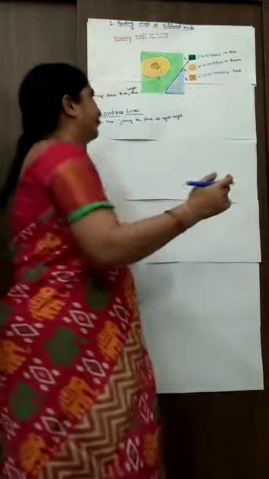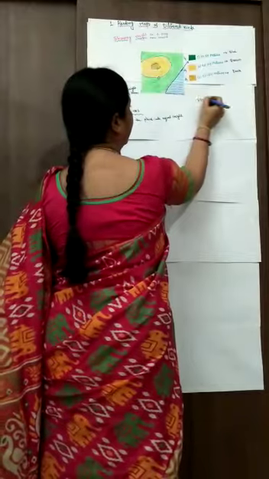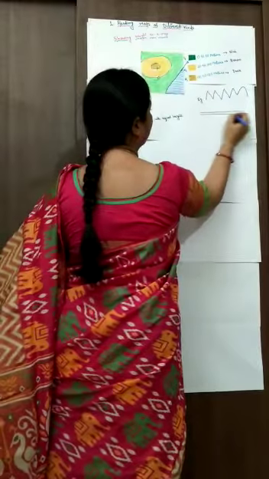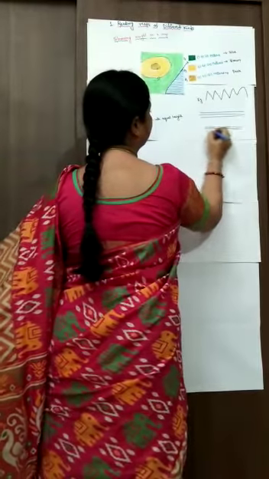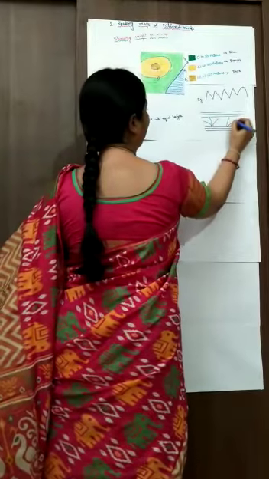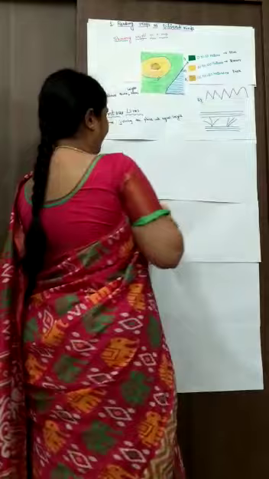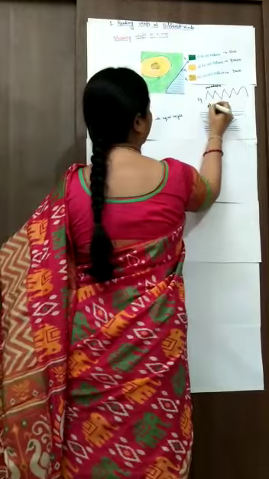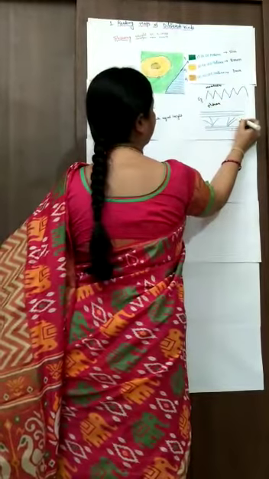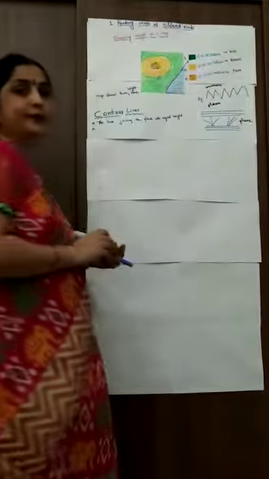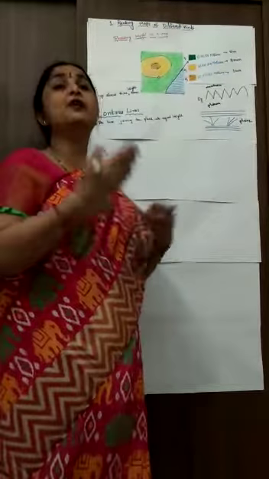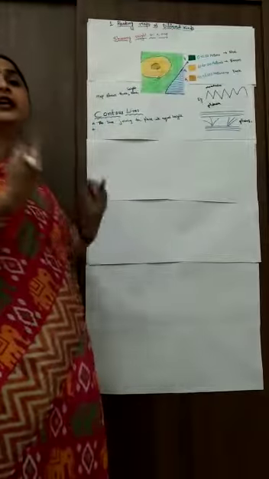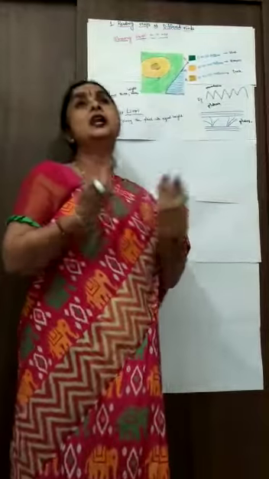For example, the shape of a mountain is different. Then if you take plains, plains are totally different. This is a mountain, right? This is a plateau. This is the plains. So here the example is that contour lines are shown in irregular shapes. Do all the three landforms have the same shape? No. They have irregular shapes depending upon the landform.